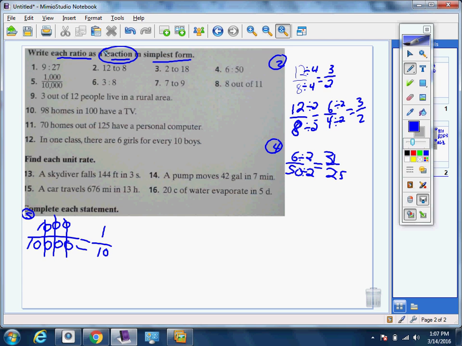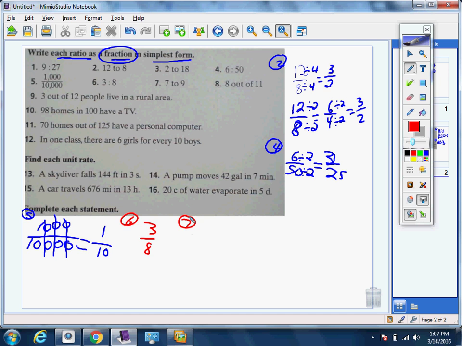Number 6 should have been like this. You have 3 over 8. That one's done, because you can't reduce it and you can't simplify it. Because it's 3 to 8, which is 3 over 8. That's as small as you can go with the fraction. Did you get 3 over 8 for number 6? Good. All right, number 7